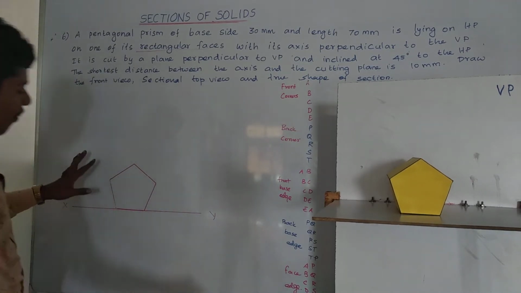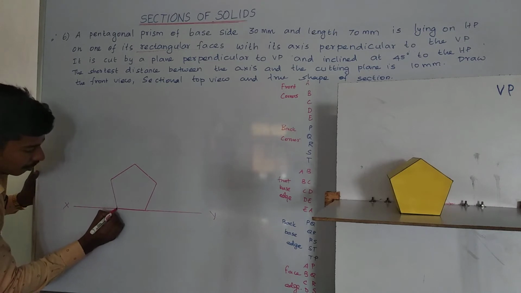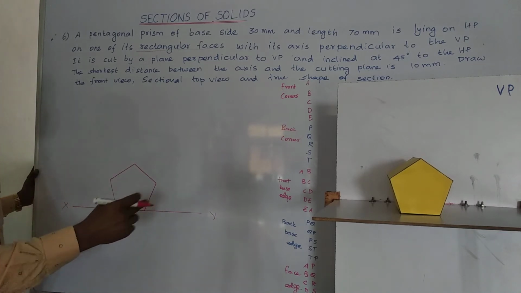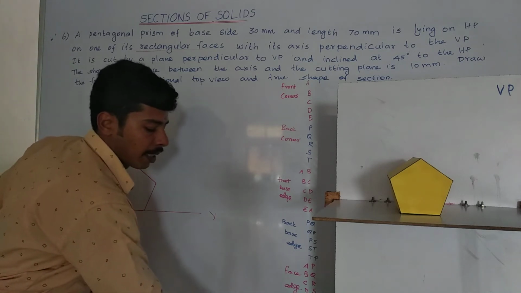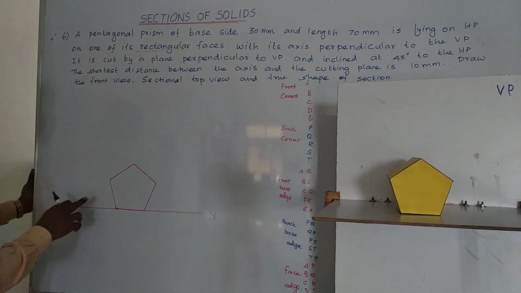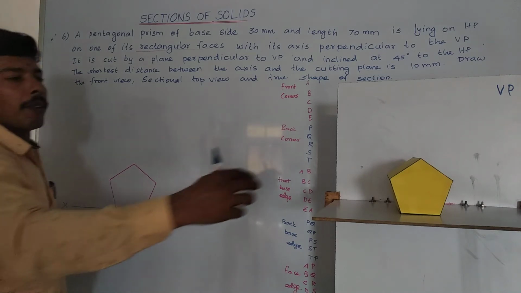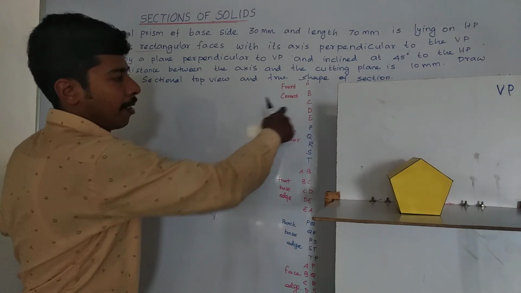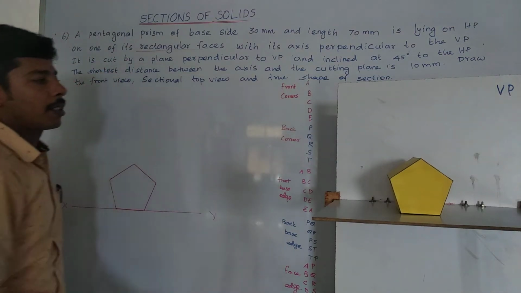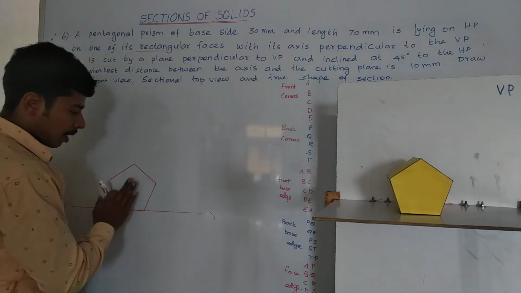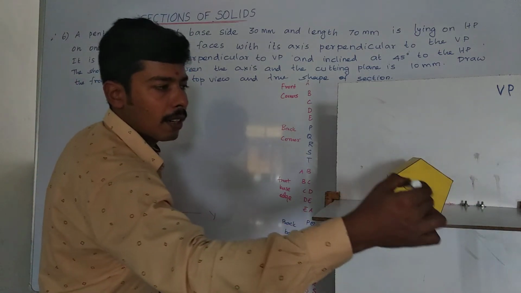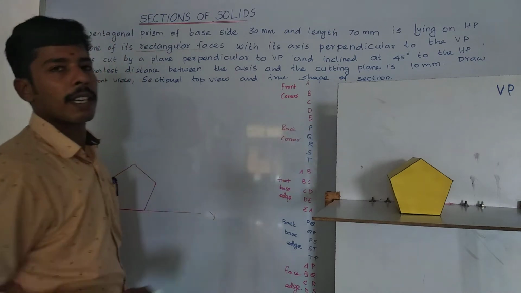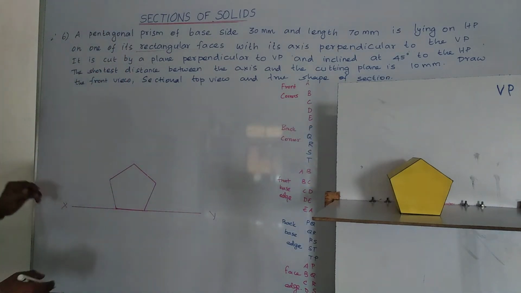So this is the front view of the solid. The front view looks like a pentagon. So I mark the corner points in the front view. How many corners do we have? Totally we have 10 corners: 5 front corners named A, B, C, D, E, and the rear 5 corners P, Q, R, S, T. So this is the front view; we are looking from the front. These front corners are visible and the rear corners are hidden behind the visible corners.